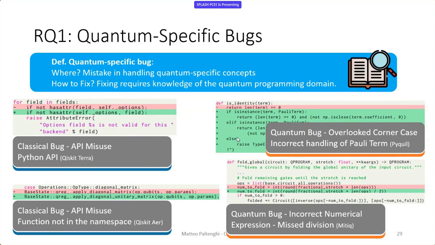Hi, thanks for the talk. You had the figure where approximately 40% of the bugs were quantum specific. To understand this figure, I wanted to get a sense of how much of the code was quantum specific. For example, if 40% of the bugs were occurring in 10% of the code, it would be meaningful compared to 40% occurring in 40% of the code. Do you have any thoughts on that data?